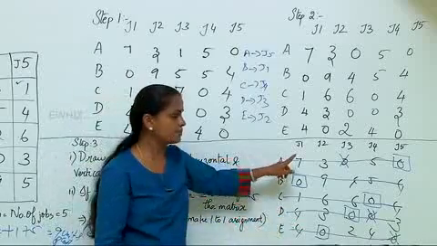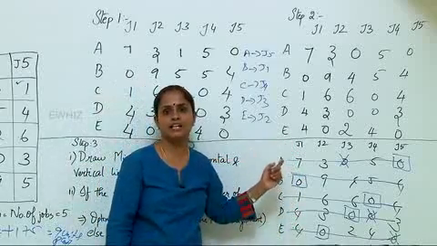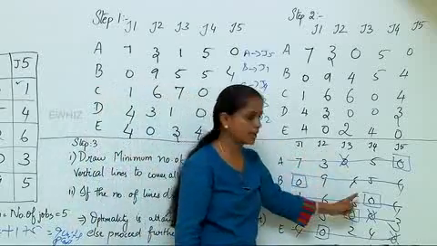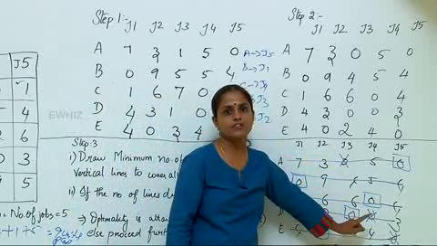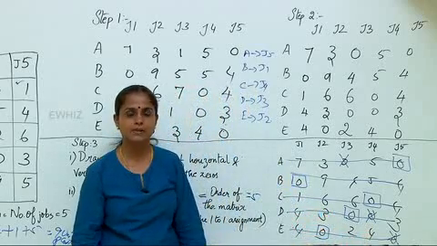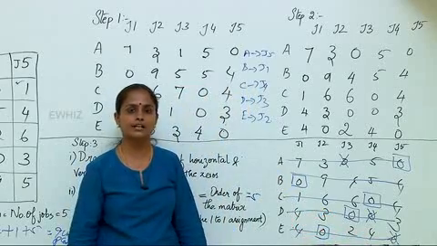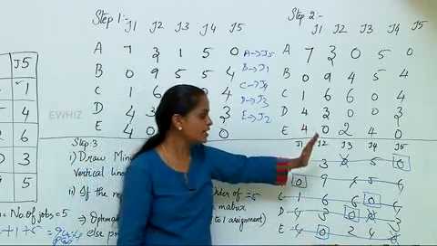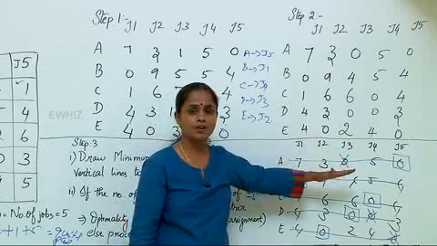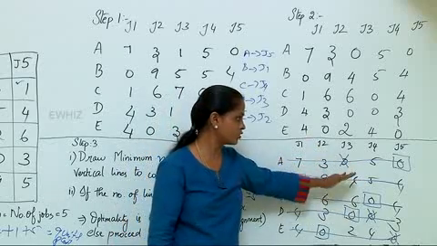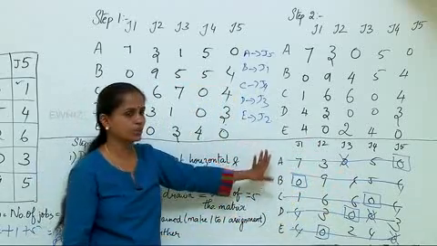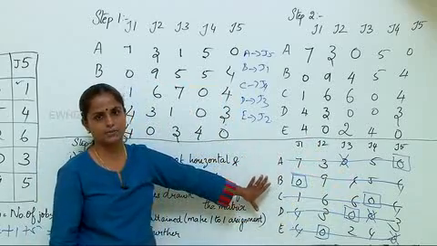This word, minimum number of lines, is very, very important. Sometimes you may be able to cover all the zeros with 3 lines, but by mistake you draw 4 lines, which may land you in a wrong answer. So when you draw the lines by inspection, you've got to be very, very careful. Remember, draw only the minimum number of lines to cover all the zeros. Once the minimum number of lines is identified, if the count tallies with the order of the matrix, then this schedule is the optimum schedule and a one-to-one assignment is possible.